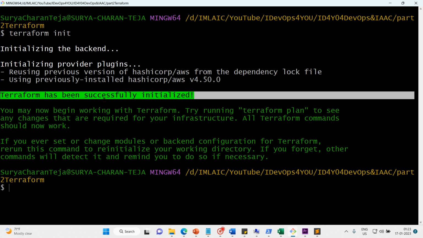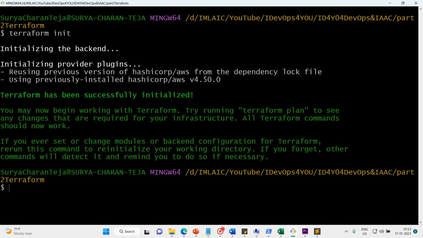I hope your Terraform has also been successfully initialized along with mine. You may now begin working with Terraform. You can do terraform plan, terraform format, terraform validate, terraform apply, and everything, whatever you want. It's all set. But one more thing I would like to explain before we go in for the main